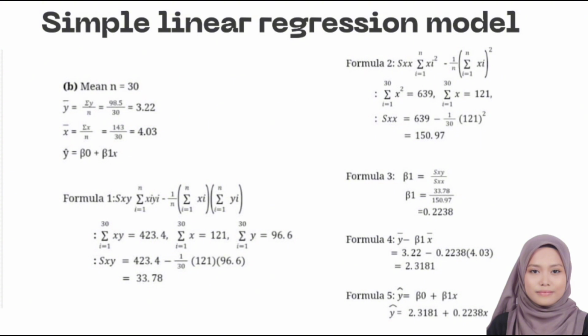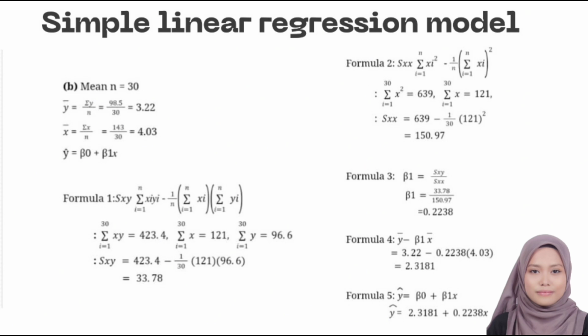Summation of xy equals 434.4, summation of x equals 121, and summation of y equals 96.6. So Sxy equals 434.4 minus 1 divided by 30, open bracket 121 close bracket, open bracket 96.6 close bracket, and the final answer is